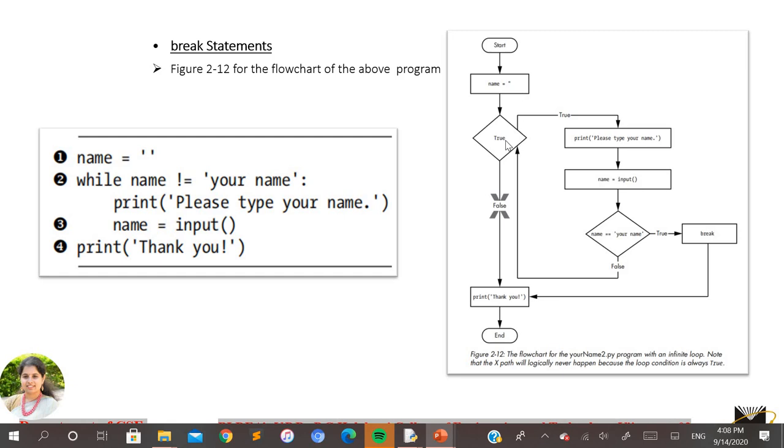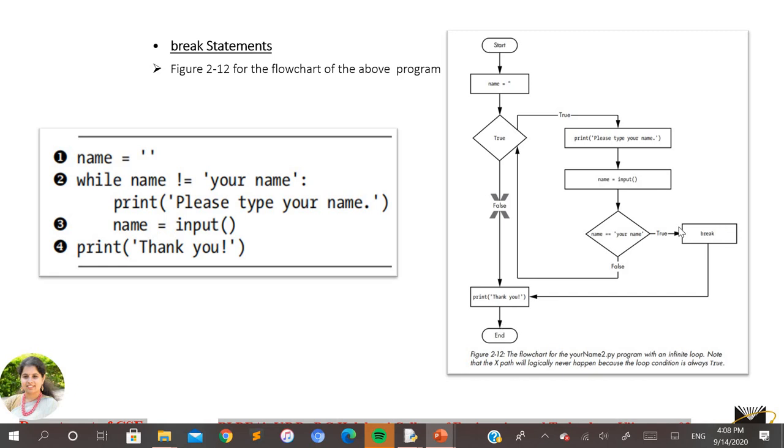Since it is while true, you read the name, which is stored in the variable name. You check the condition whether it is equal to this string. If it is false, repeat the loop. If it is true, then break means you come directly out of the loop, display some statement, and that is the end of the program.